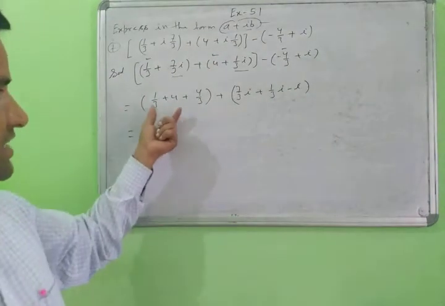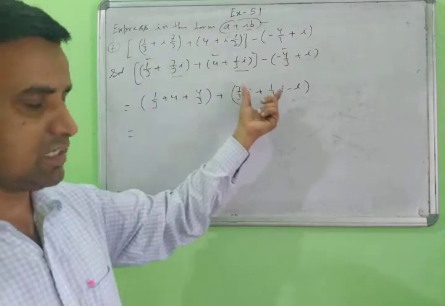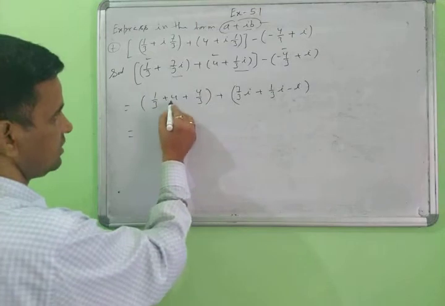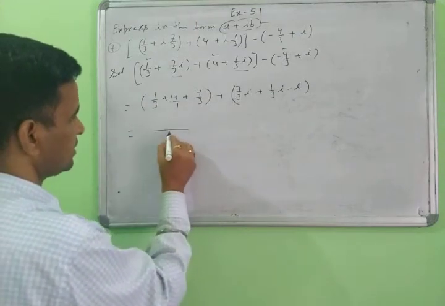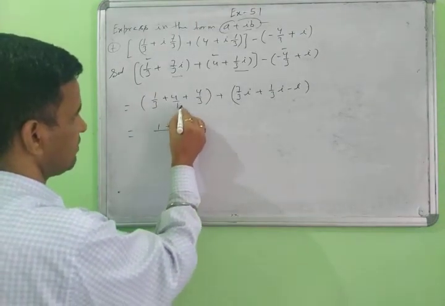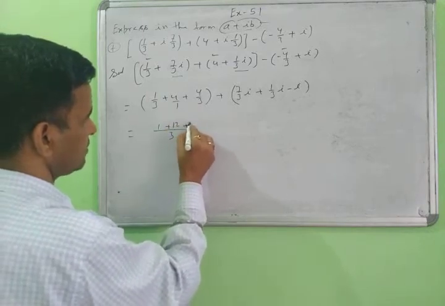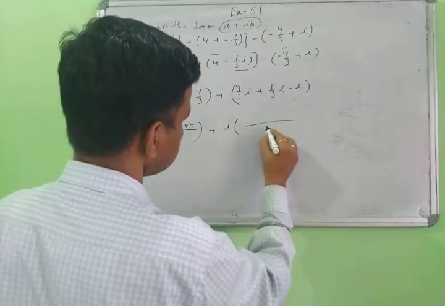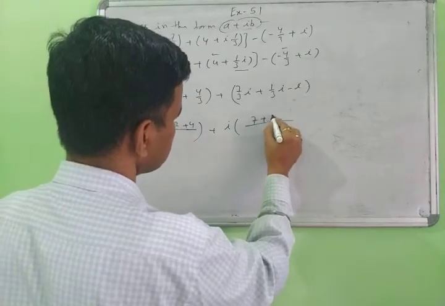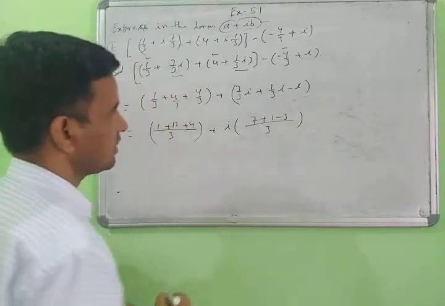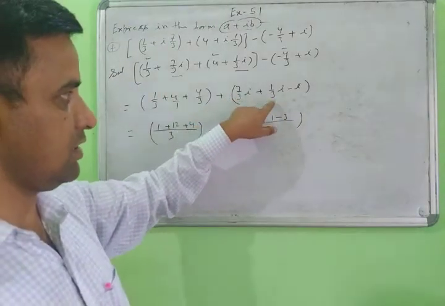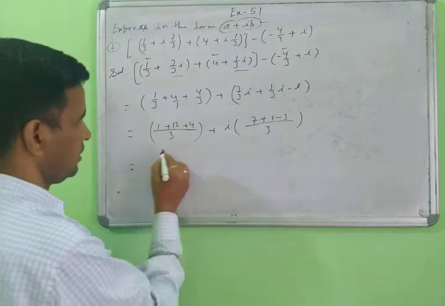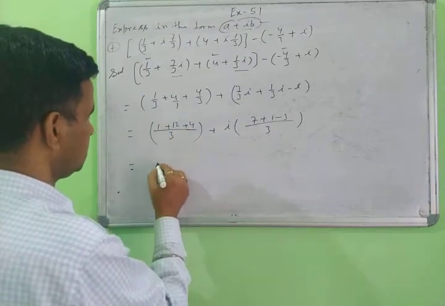After that you take the LCM of the real part and the imaginary part, both parts, and calculate here. What is the LCM of 3 and 3? You write 1 upon 3 and 3, the LCM is 3, 1 plus here multiply 3 by 4 is 12 plus 4. Taking iota common here, the LCM here is also 3. So 7 plus 1 minus 3. The 7 is already upon 3, and the other is upon 1, so 3 with the 3. Then 12 plus 4 is 16, so 17 upon 3.